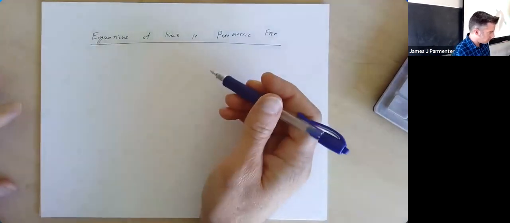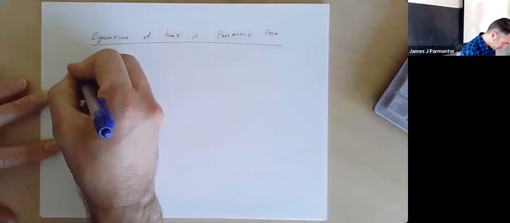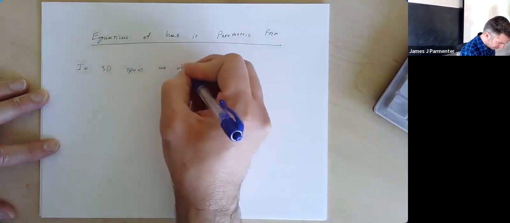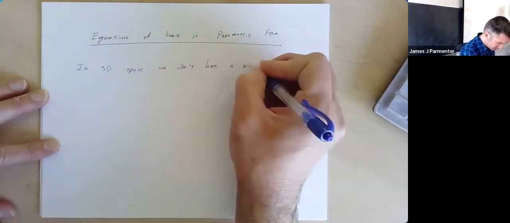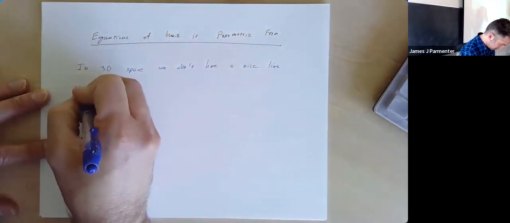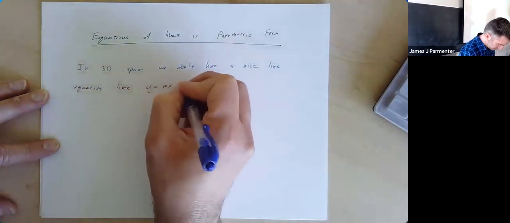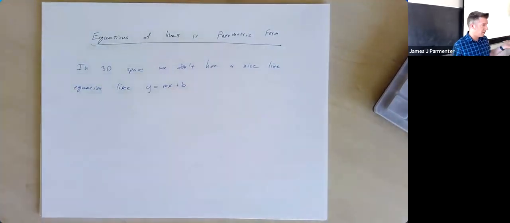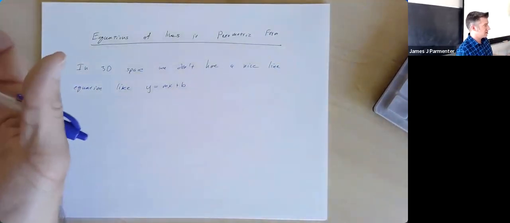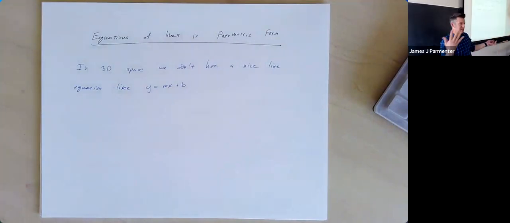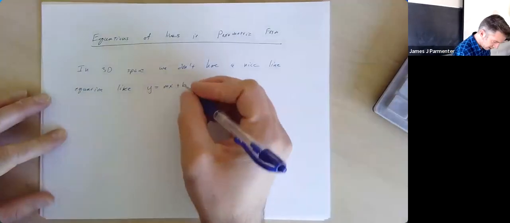All right, let's continue on the equations of lines in parametric form. So in three-dimensional space, we don't really have a nice line equation a la y equals mx plus b. In 2 dimensions, if you describe the slope of the line, you describe the direction of the line. And in 3 dimensions, slope is not enough of a descriptor. I could have a line at this slope pointing this way, or I could rotate it any way, and those would be totally different lines, and they would still have the same slope, for lack of a better term. So in 3 dimensions,